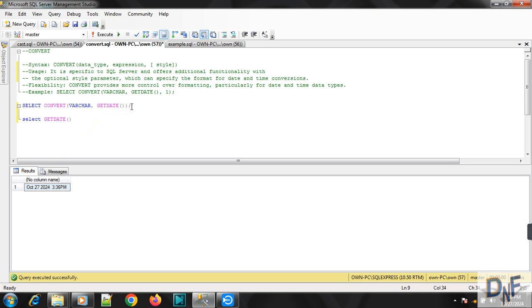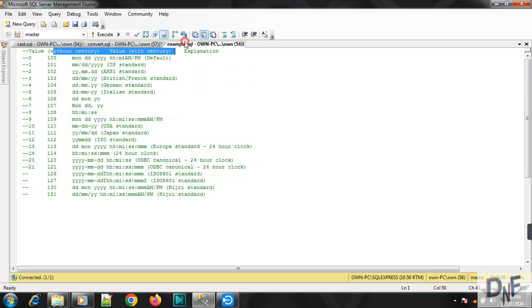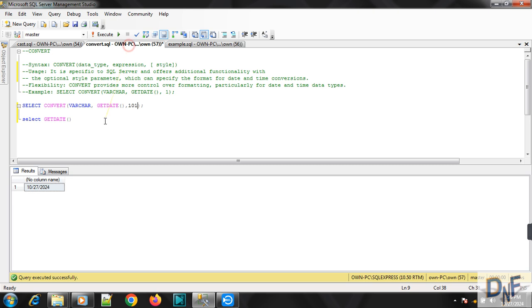If you put some style, like I put 101 style, it converts the date according to that style. So how can you see which style gives which result? Here is a simple example. If you put a style of 101, it gives the date in this format: month, date and year.